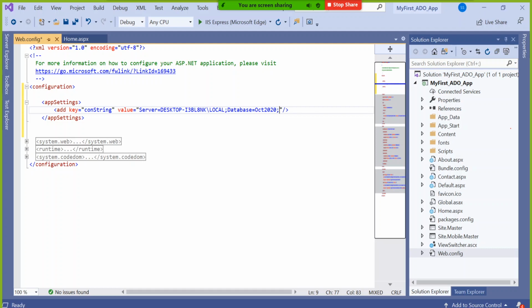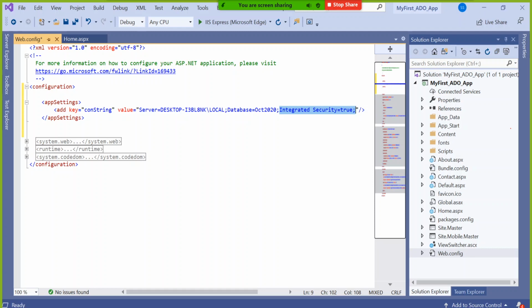No need to restrict us. So you have to say integrated security equal to true. That means you are informing Visual Studio, the ASP.NET platform or MVC platform, whatever it is, that security is integrated with this. We don't need additional security by user ID and password. That means indirectly you are saying you are most welcome without a user ID and password. But when we go for a production database, currently we are doing it in a local system, right?